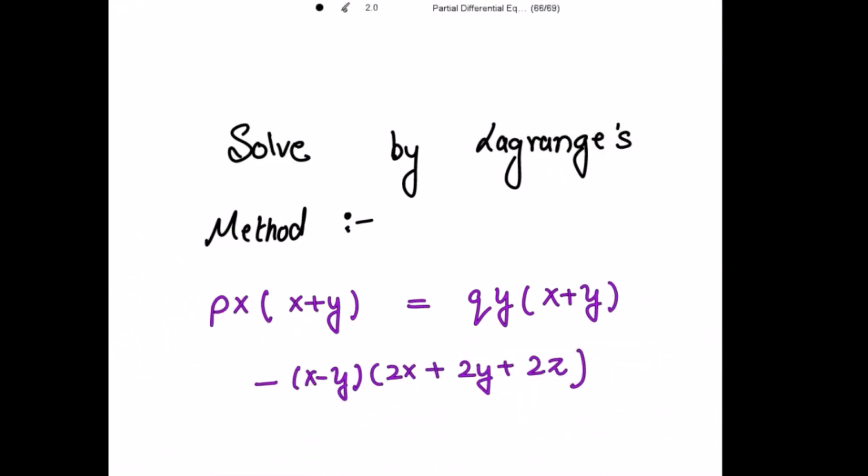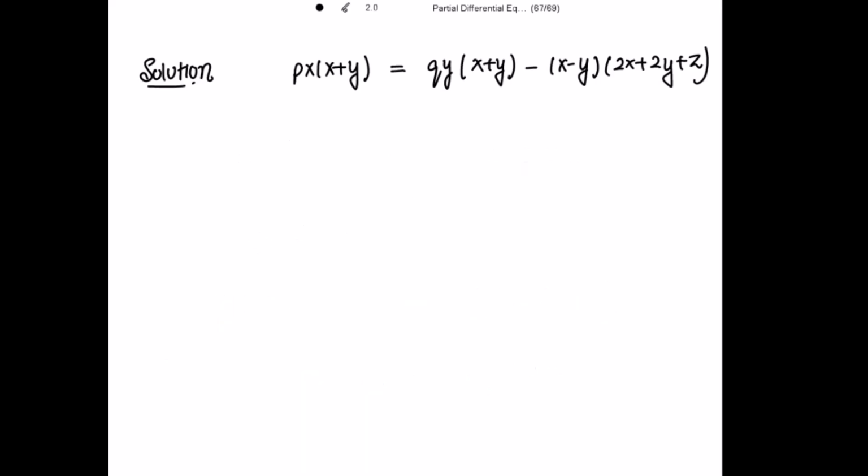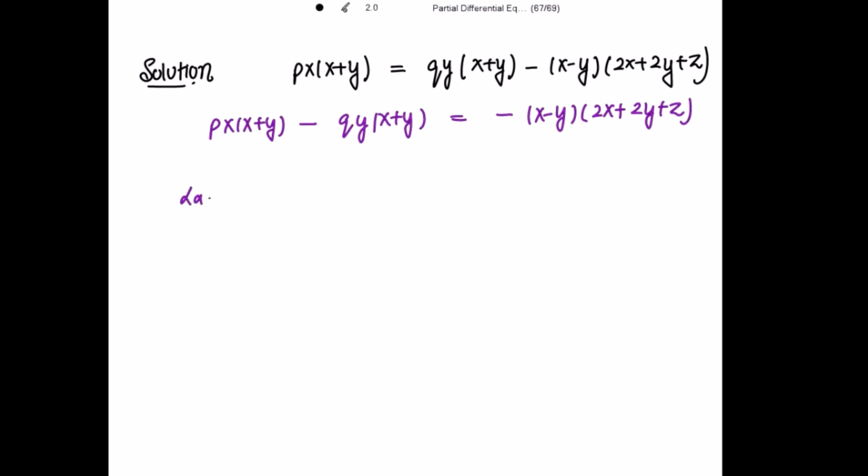We need to solve this differential equation by Lagrange's method. So for this, first we can rewrite this equation as p x(x + y) − q y(x + y) = −(x − y)(2x + 2y + z). And now writing the Lagrange subsidiary equations,